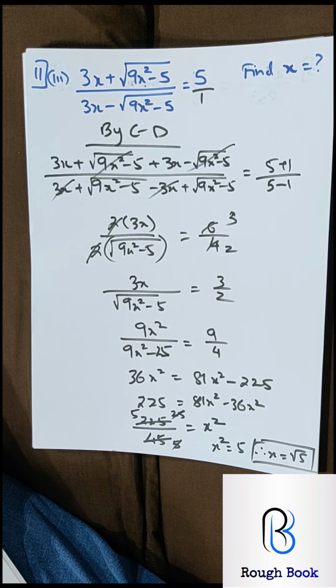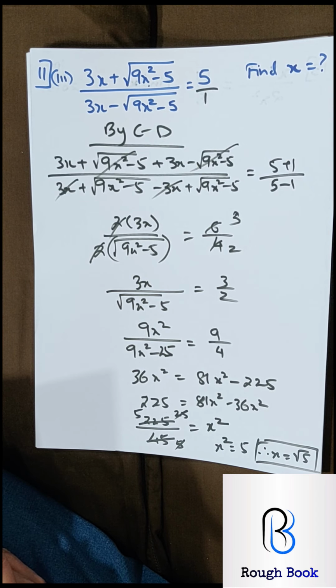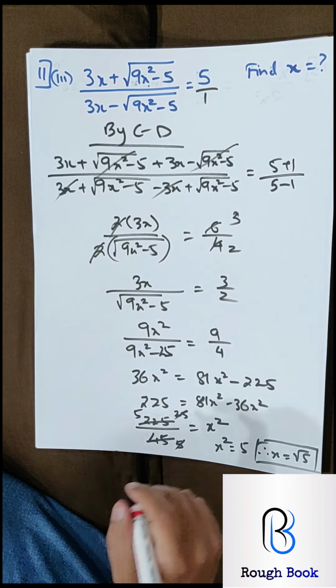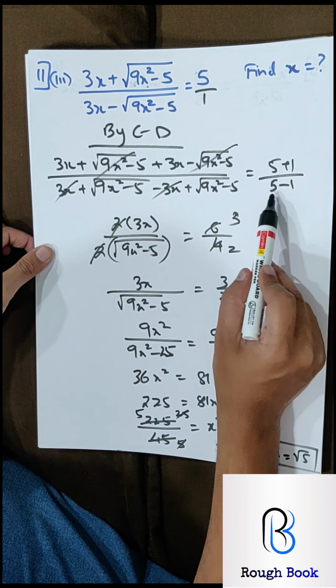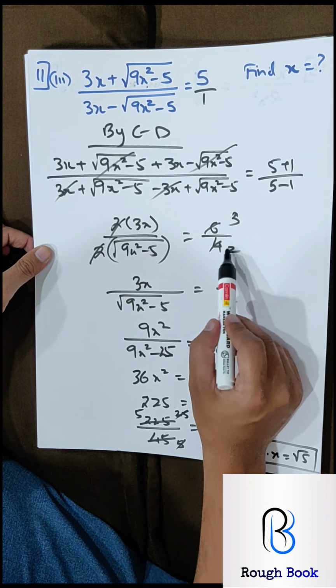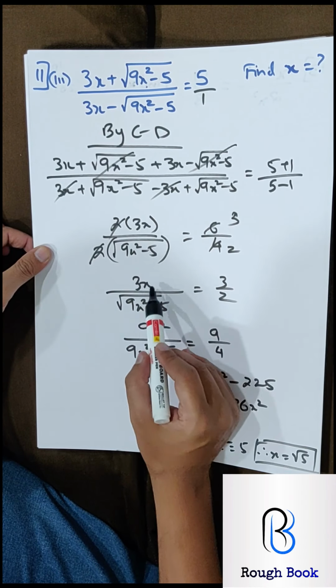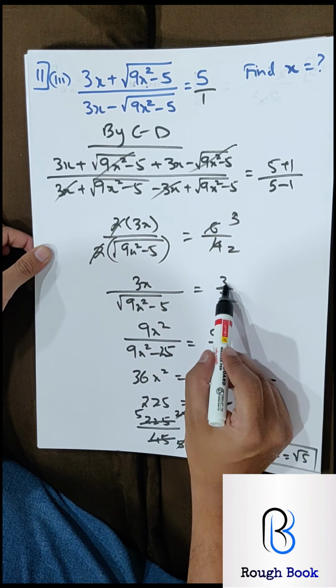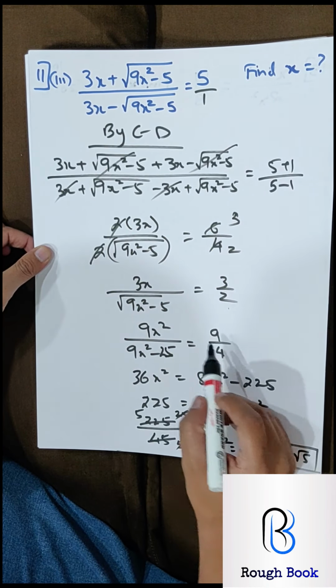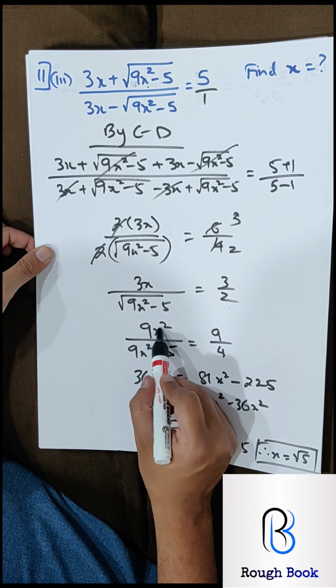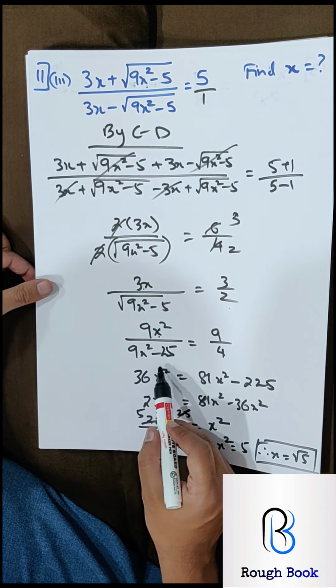Let's recheck the entire thing once again. Firstly, let's check whether we've copied the question correctly. Yeah, the question is all good. Let's see now if we've done anything wrong in the method. This cancels, this cancels. So 2 times of this, 2 times of this. 5 plus 1, 6 by 4. 2 3s are, 2 2s are, cancels. So 3x upon this by this. So 3 square 9, 2 square 4, 9x square, and root disappears here.